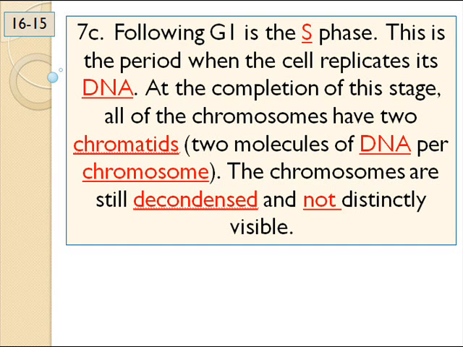Now after you leave G1 and you've gotten pretty big and you've been growing, you enter the S phase, and that's where it's time to make copies of your DNA, because down the road you're going to need a double supply for the 2 new cells. And if one cell's got 46, I better have 92 on hand when I divide myself in half, right? So at some point during this process, that bad boy is 4N.